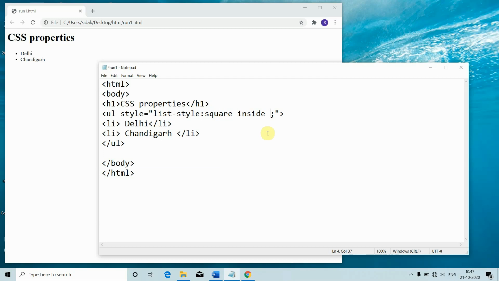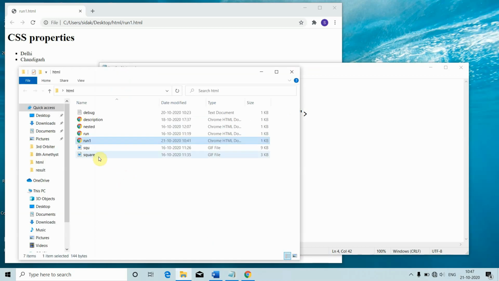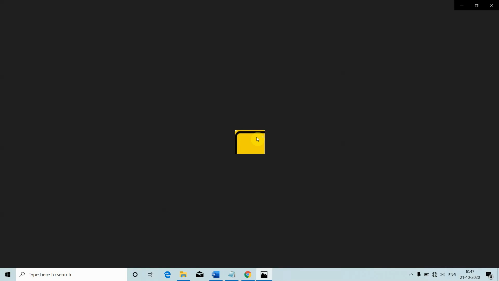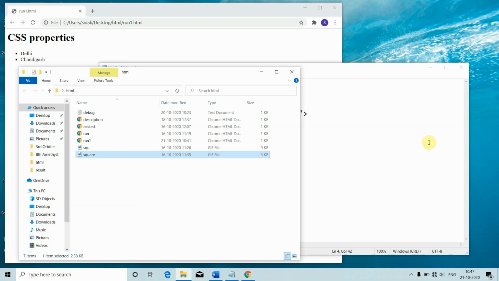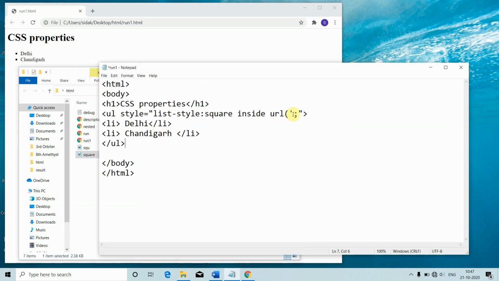For this we have to use URL, then bracket, then single quotes, then write the name of the image which I want to insert as an image marker. This is the square, so write the name of the image,